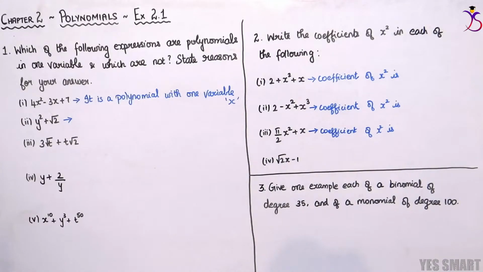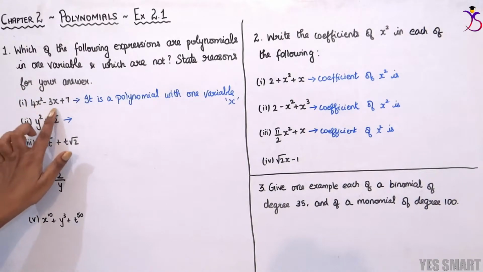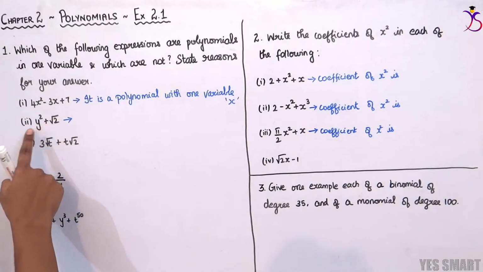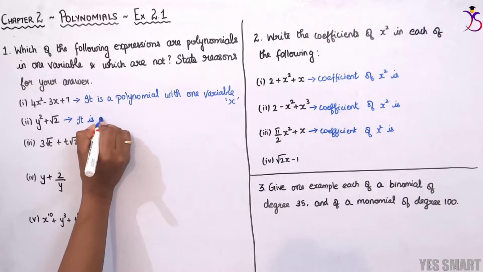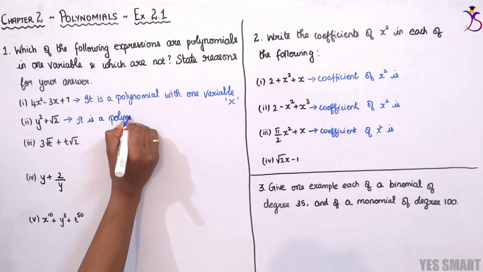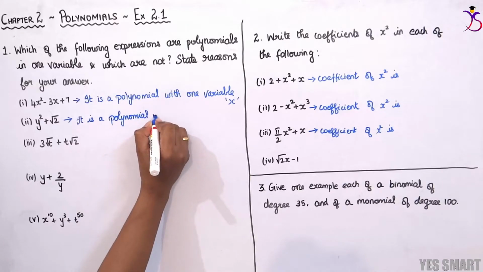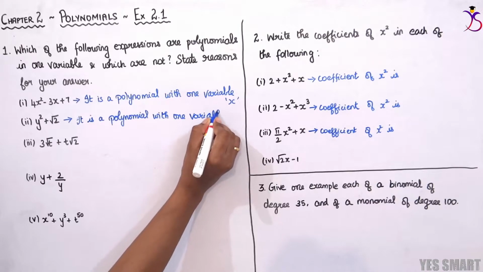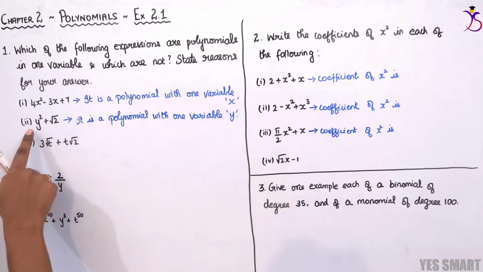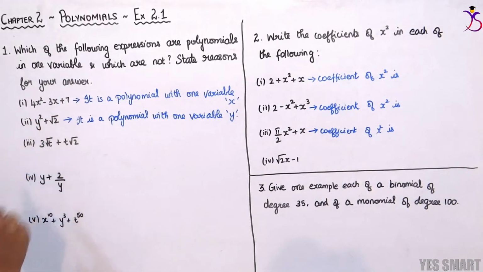Hence, on comparing the powers of different terms in this expression, we can conclude the highest power is 2, that is, the degree of this expression is 2. 2 is a whole number. Hence, the first one is a polynomial. In the same way, in the second subdivision, we have only one variable, which is y. Therefore, it is a polynomial with one variable y, because we don't find any other variable present in that expression. Also, the degree of the expression is 2, which is a whole number.